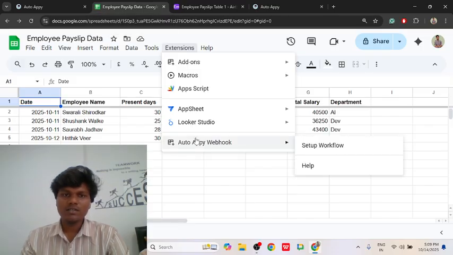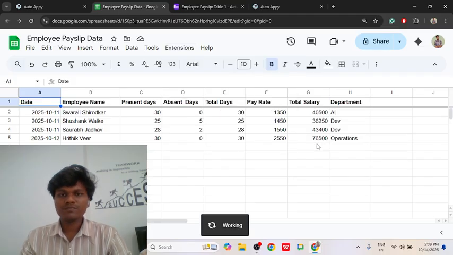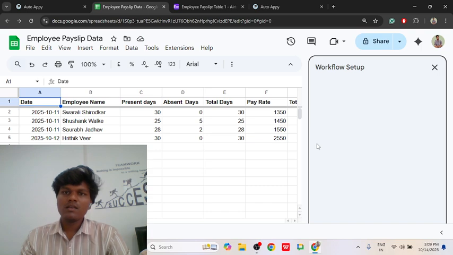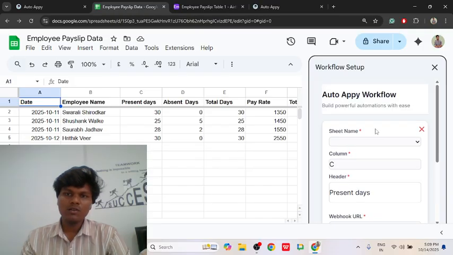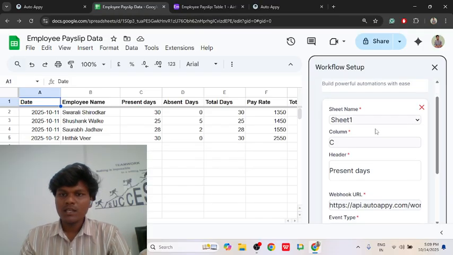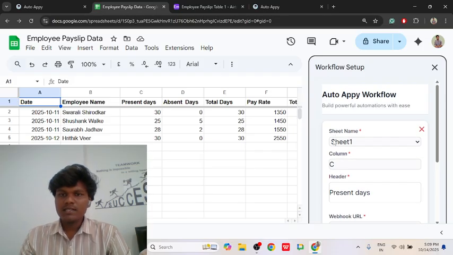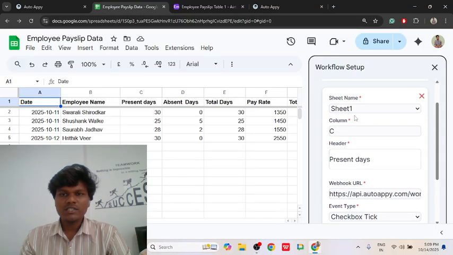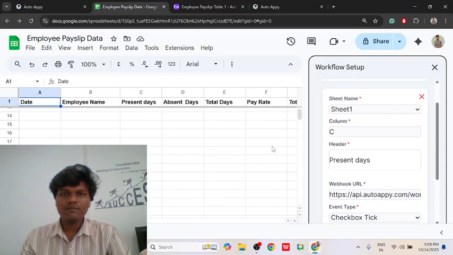After that, you can just come to Auto Appy Webhook and go to Setup Webhook. Just wait for a second till this screen loads. This time will depend upon your laptop performance. Once your sheet name and everything is loaded, then you have to select which is your